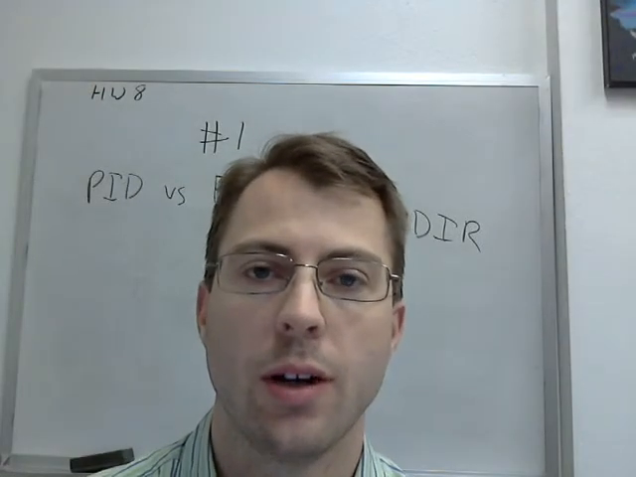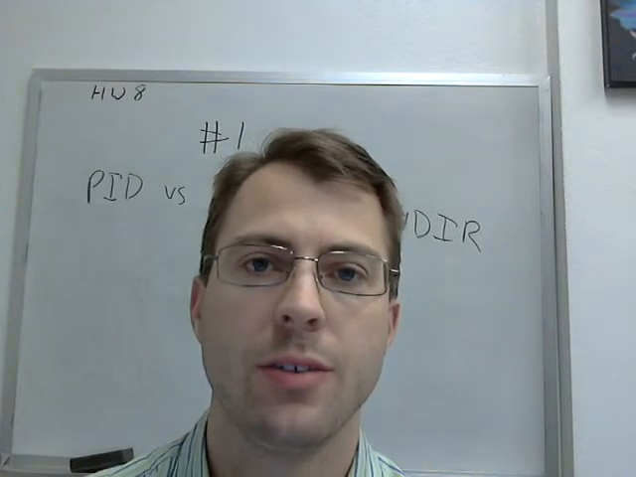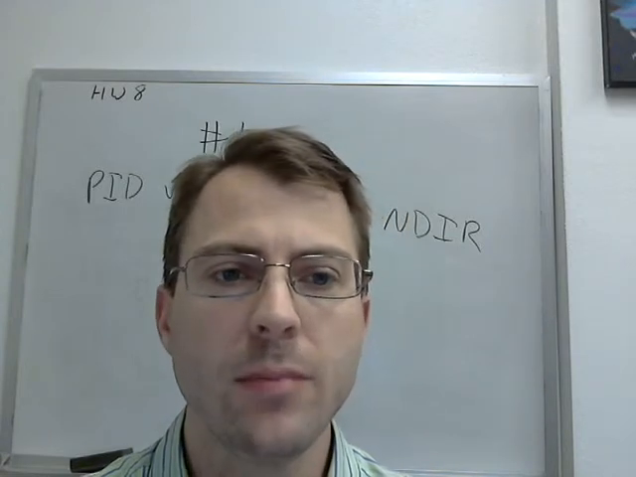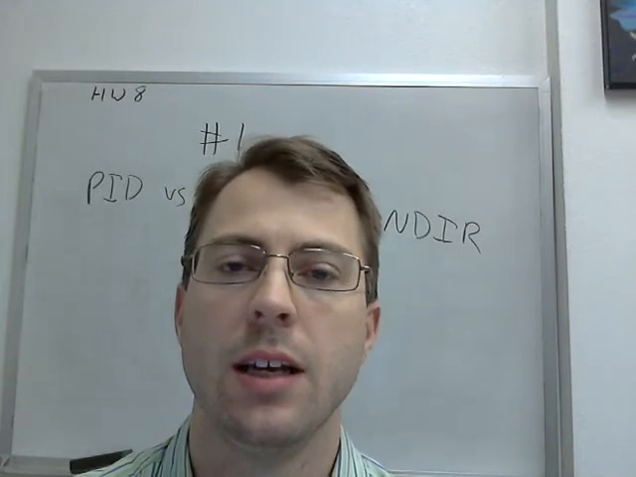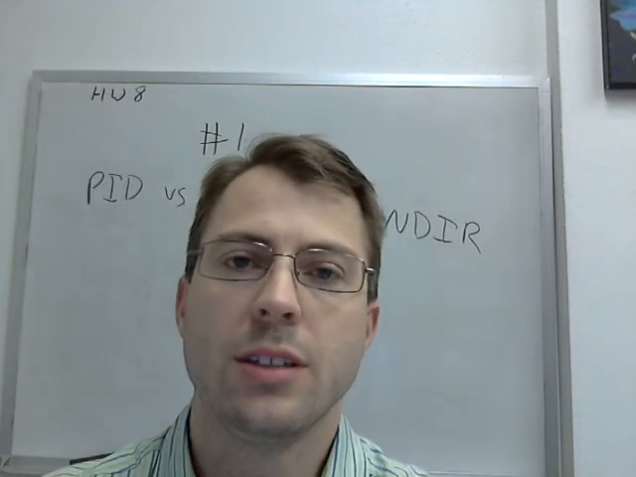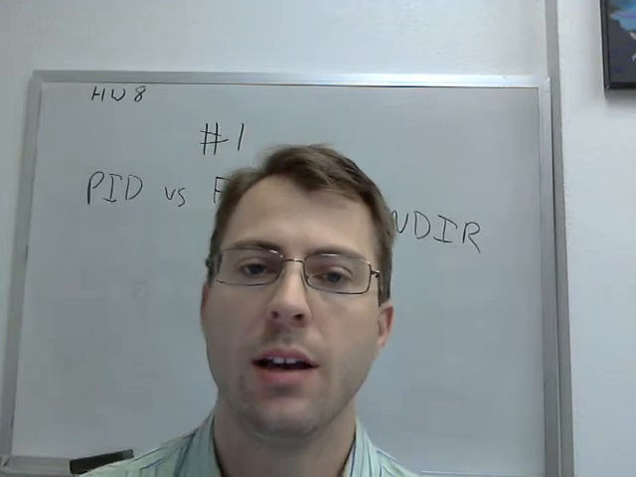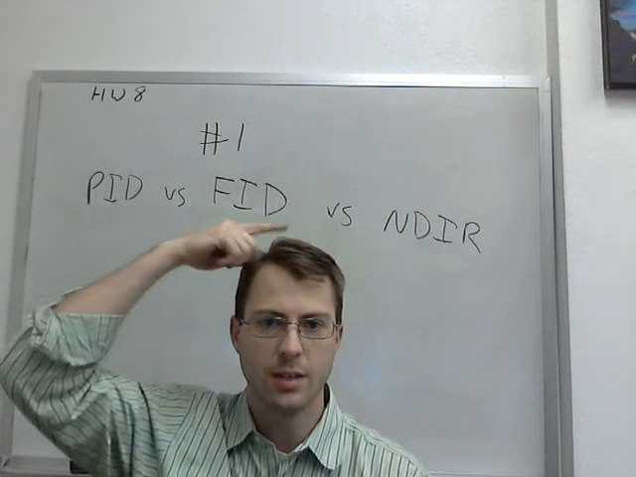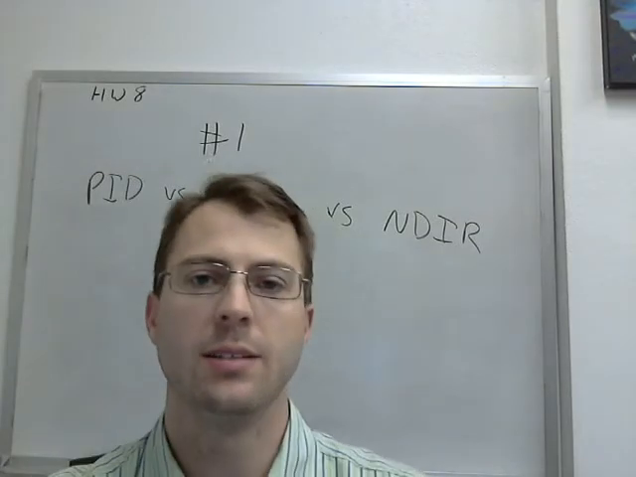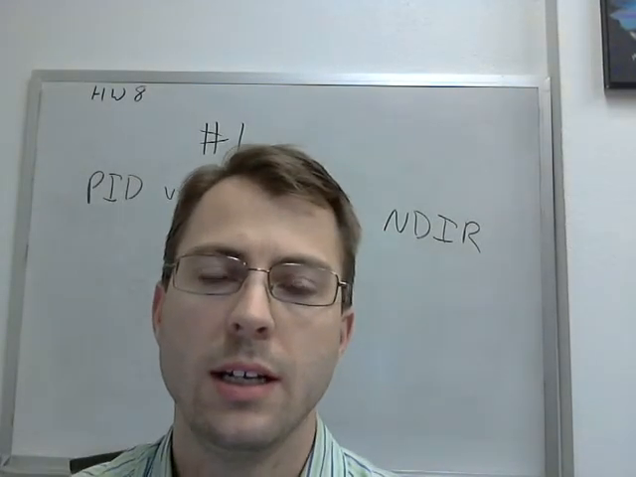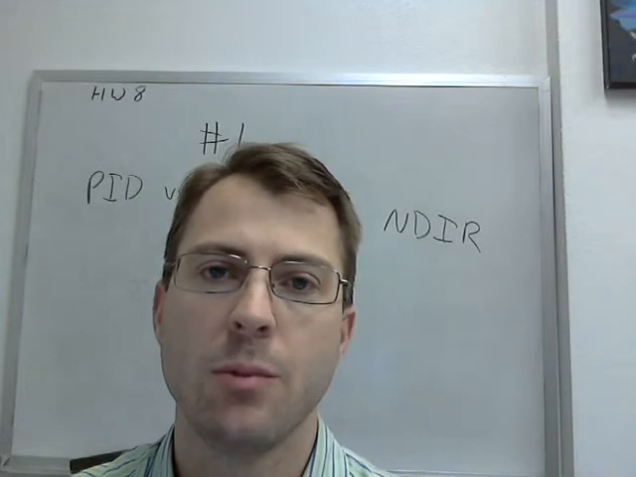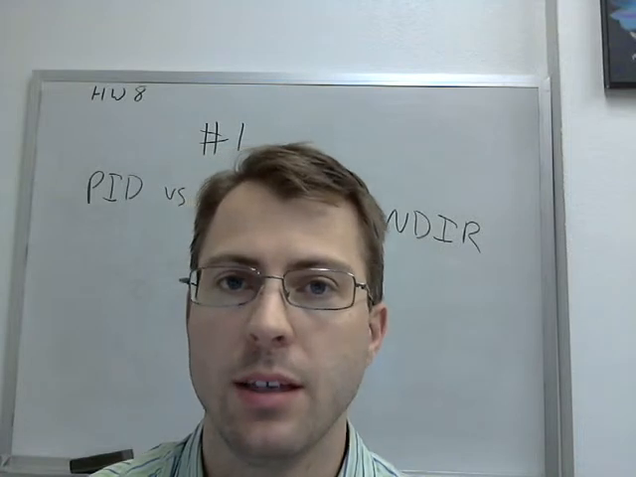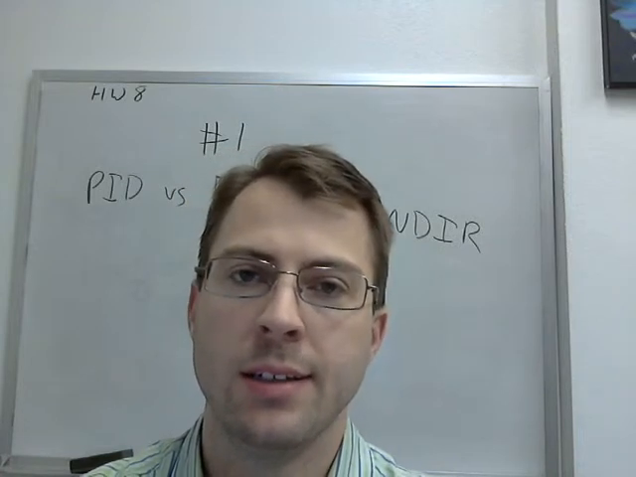We're going over homework 8 of OEH 5723, and this is problem number 1. So I've asked you to compare and contrast the strengths and weaknesses of a PID, an FID, or an NDIR detector. And then I also asked you to decide which of these instruments you might use to leak detect a methane leak in, say, a residence,